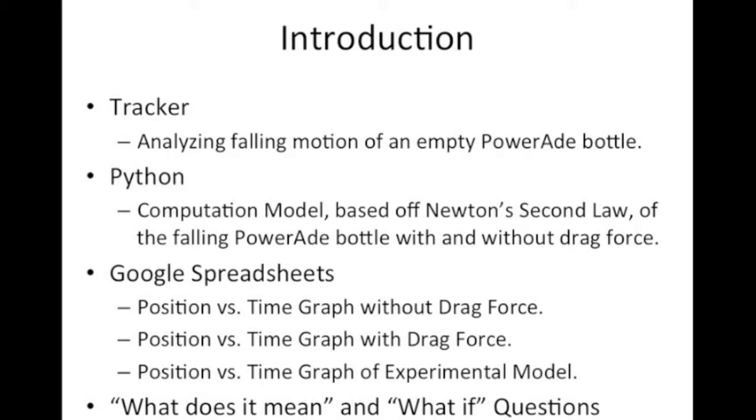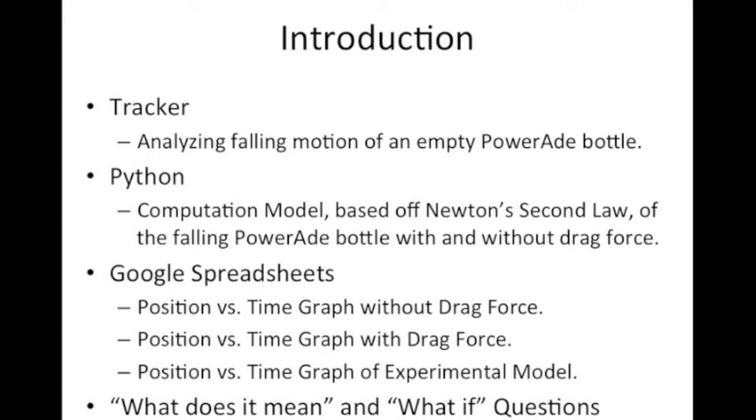We will then use a software called Python to make a computational model based off Newton's second law of the falling Powerade bottle with and without drag force. We will then use Google Sheets to look at a position versus time graph without drag force from our computational model, a position versus time graph with drag force from our computational model, and a position versus time graph from our experimental model. We will then answer the following what does it mean and what if questions that will be